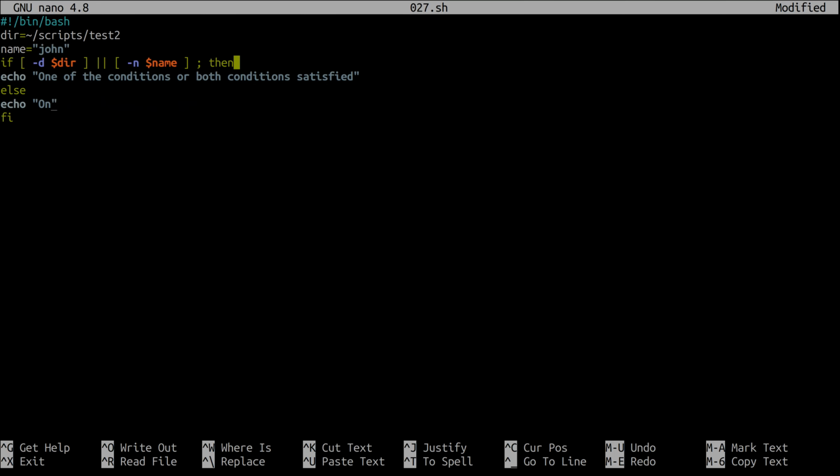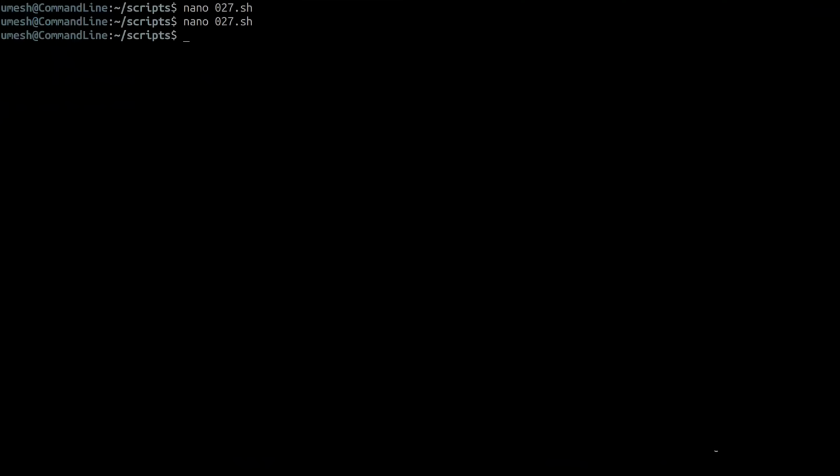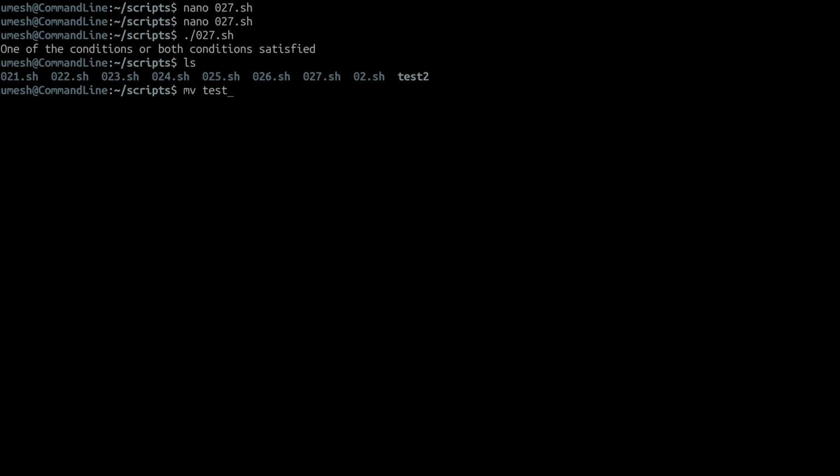And if both conditions failed, then only it's gonna print this one. One of the conditions or both conditions satisfied. Let's change name to test. Still gonna be true.